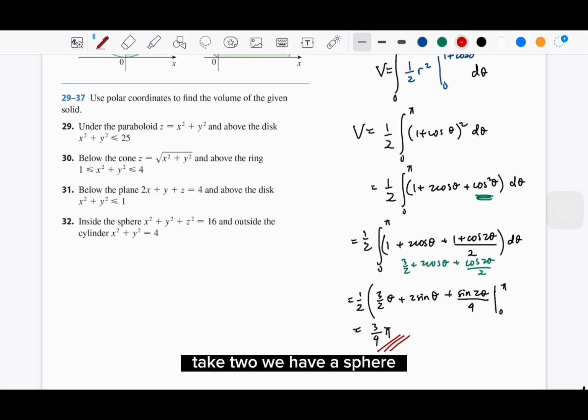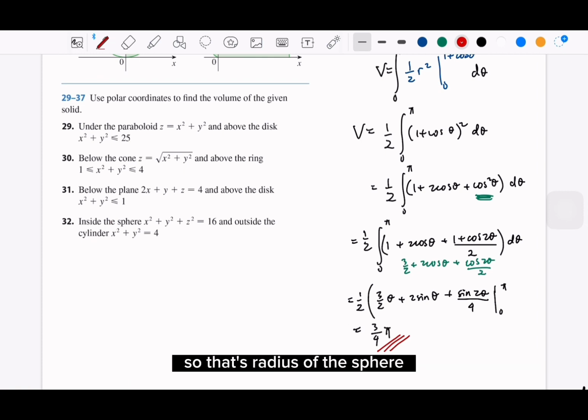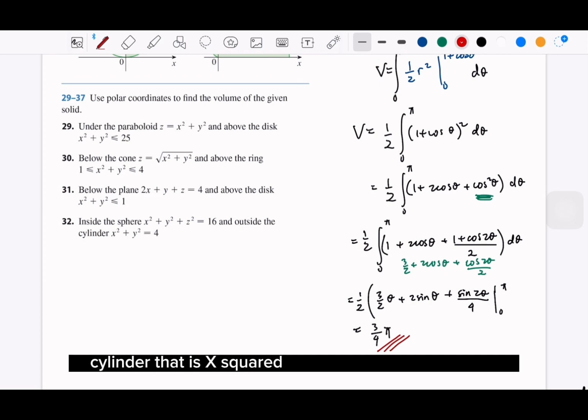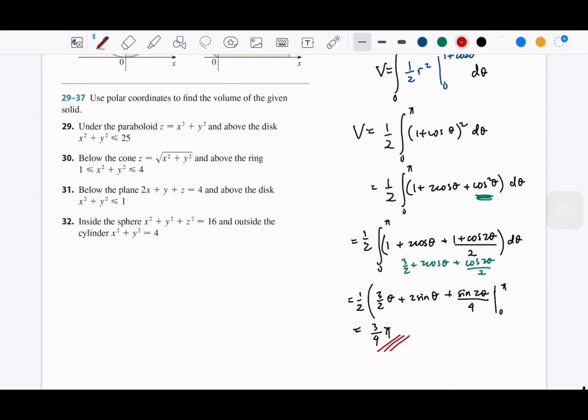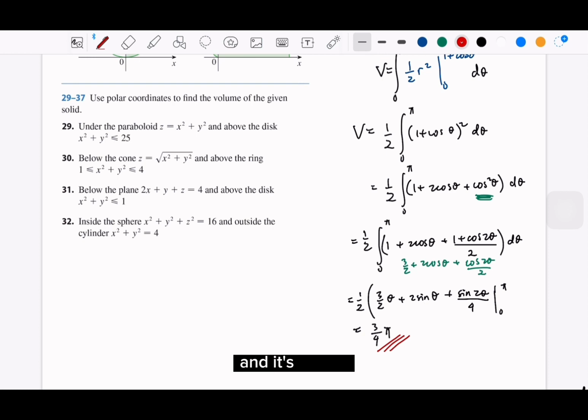So for 32, we have a sphere and a cylinder. If you want to draw, you can draw a sphere with radius, the square root of 16, which is 4, so that's the radius of the sphere. And then you have a cylinder, x squared plus y squared equals 4, or you could say it's a circle that has radius 2. So you have a cylinder, and you have a sphere, and it's asking